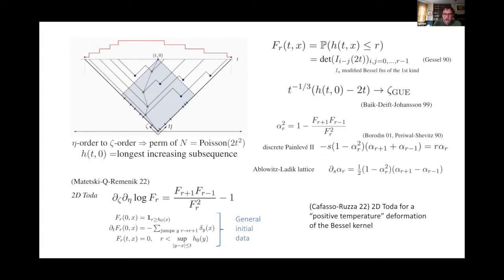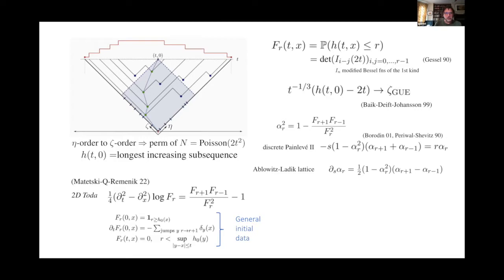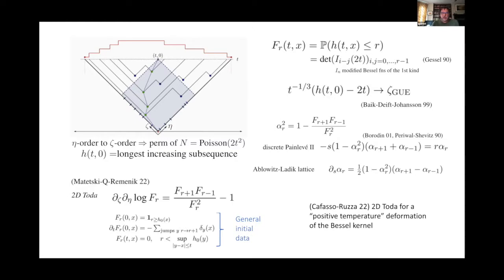The other thing I want to point out is that the operator d_t squared minus d_x squared, the nice way to think about it is in these eta zeta coordinates. And in the eta zeta coordinates, it's just d zeta d eta. Okay, so this is the way I want to think about the 2D Toda equation: d zeta d eta of log F equals that. That's just a discrete Laplacian of log F. So that's the story about the one-dimensional distributions of the